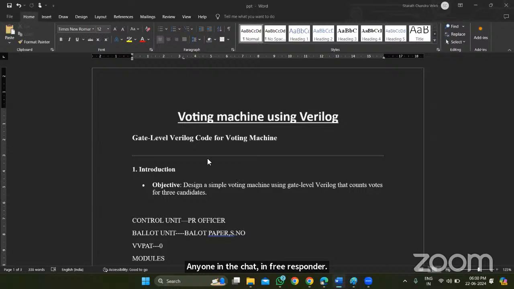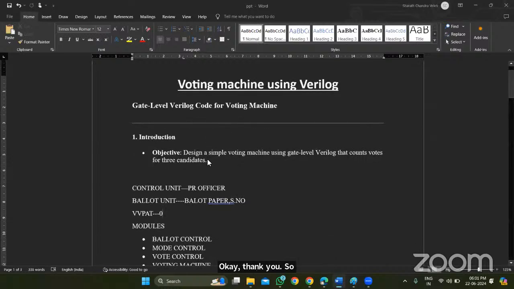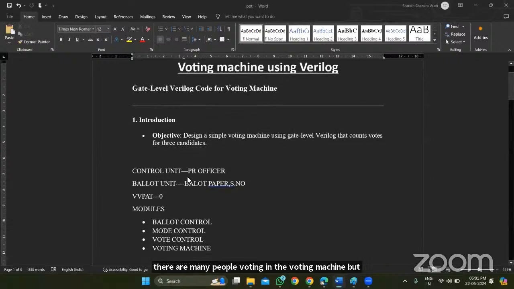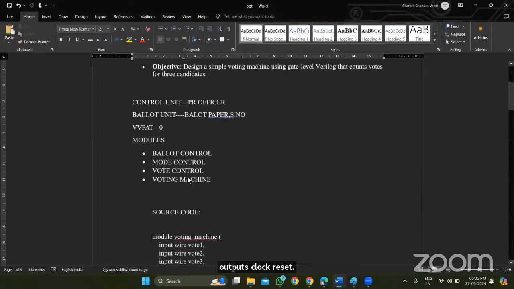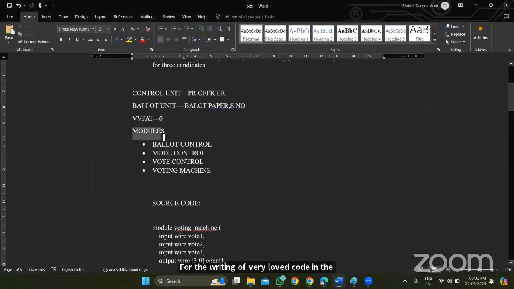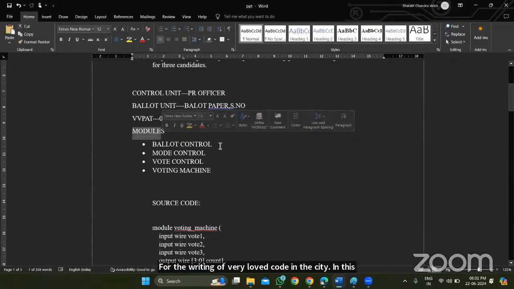Okay, thank you. So our main objective today is to design a simple voting machine using gate level Verilog that counts votes for 3 candidates. In voting, there are many people in the booths, and many people voting in the voting machine, but I'm taking an example of 3 candidates for simplicity. To consider this, we'll have to consider the inputs and outputs, clock, reset for writing the Verilog code. In this we can see the modules. We can also write the code for ballot control. We are also